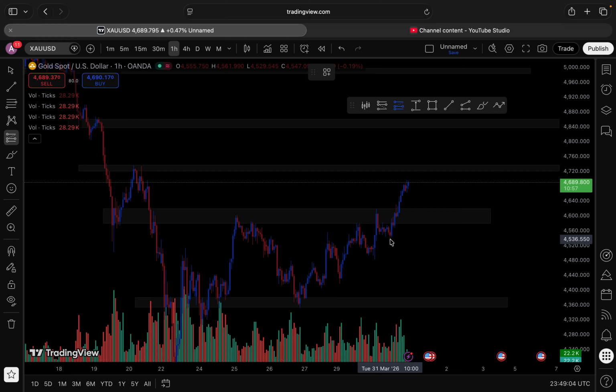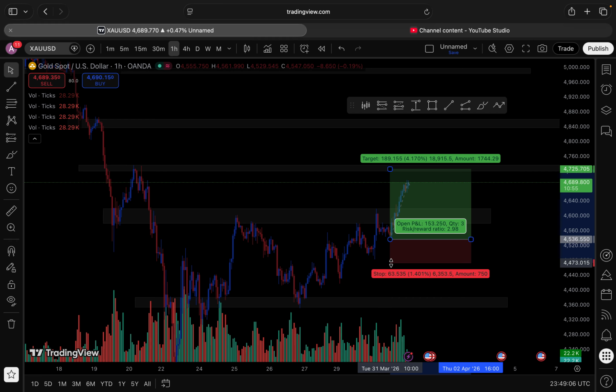Took this setup last night. Remember, I told you price is only going to reverse at a level of buyers or a level of sellers. I want to tell you this. When you're selling or buying, I repeat, you do not buy at a level of sellers